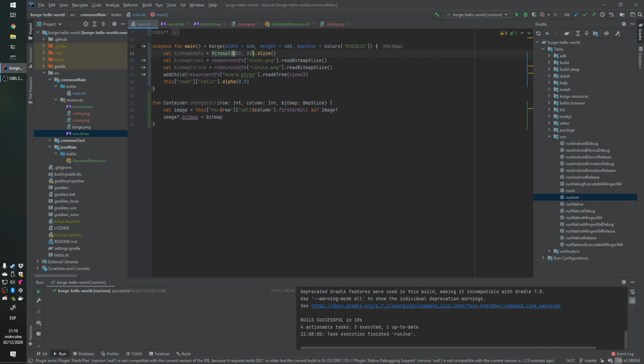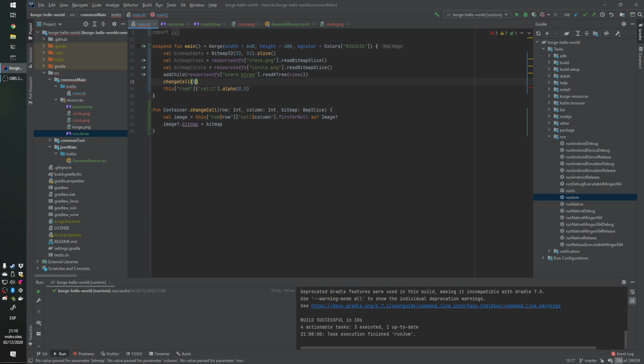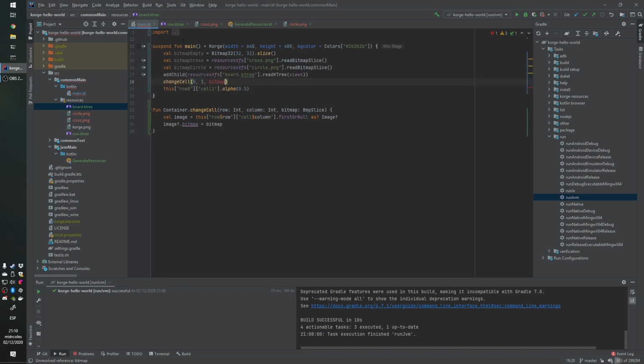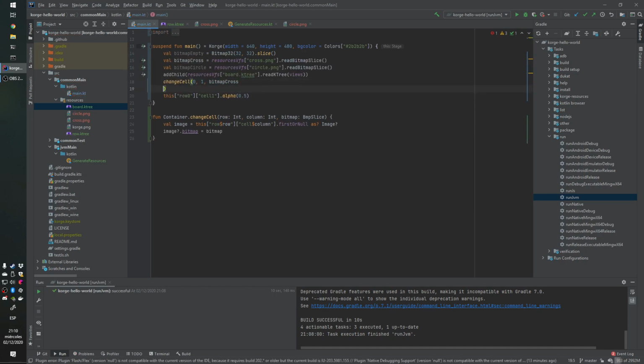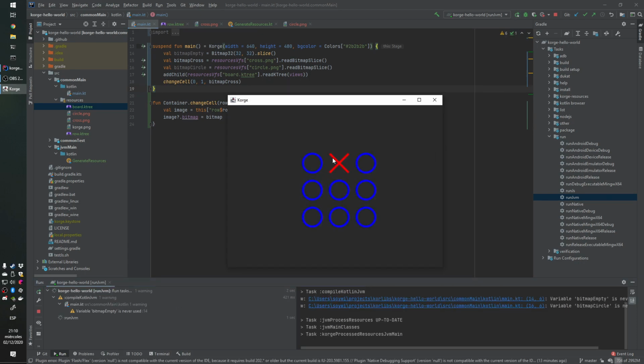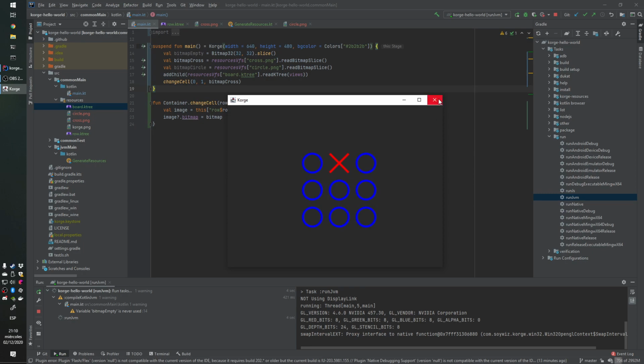So now we can perform this with 0 1 and we can change it to cross, for example, bitmap cross. So here's the cross,